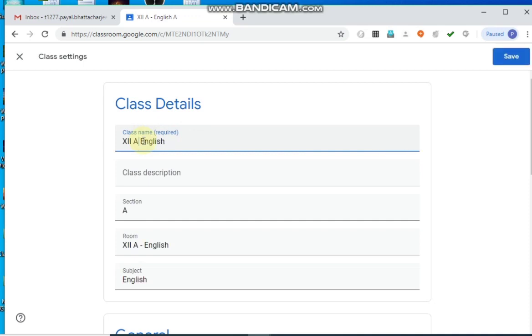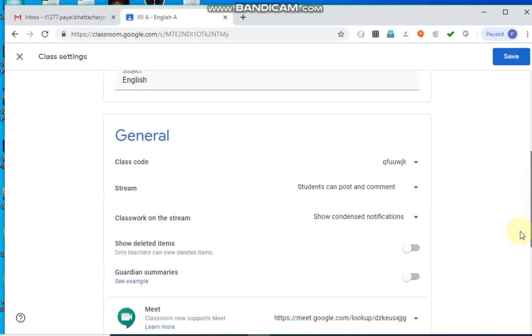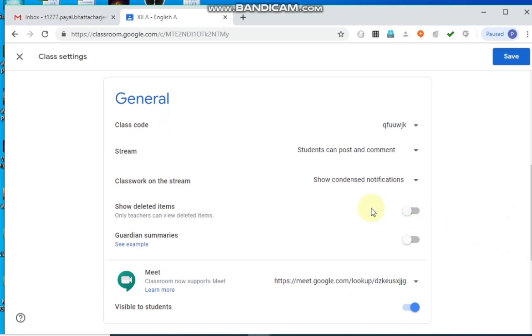Or suppose you want to change the section and you want to give the class description. So you can give that, and then scroll downwards.